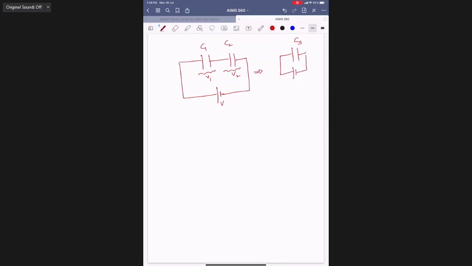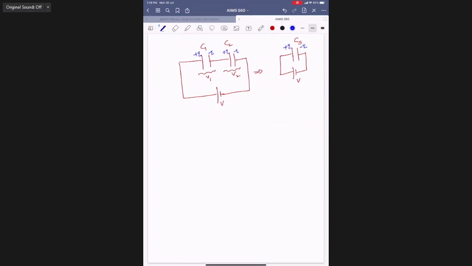The meaning is that these two capacitors are storing the same charge Q. So I will replace them with a single capacitor, which will hold the same charge when connected to the same source or battery. Then this is plus Q minus Q. The charge will not increase; it is the same charge. This is equivalent. Why unnecessarily two capacitors?